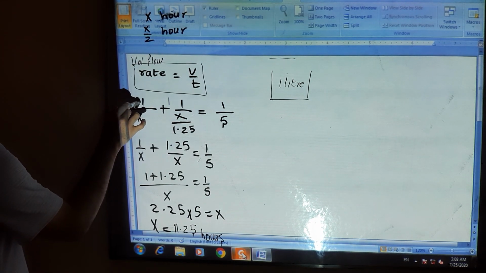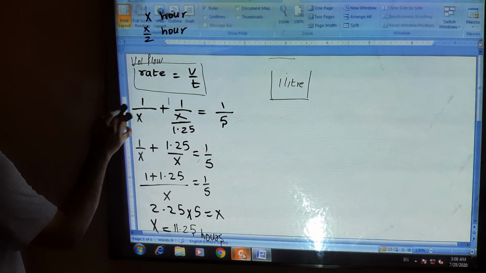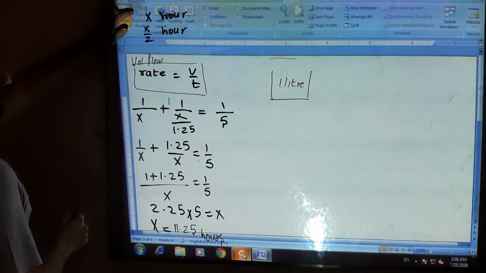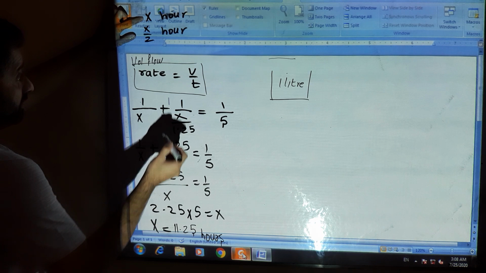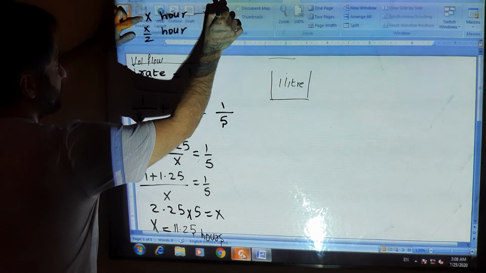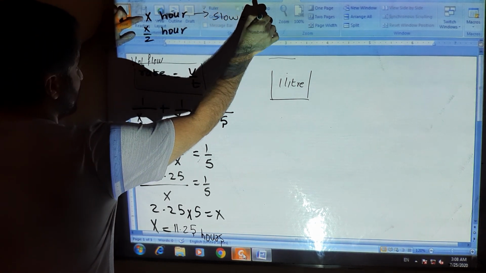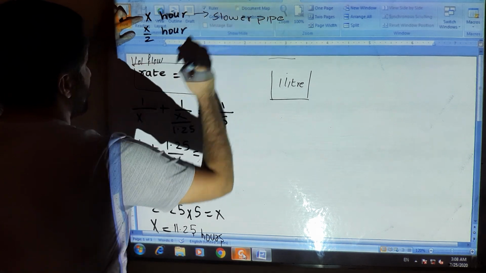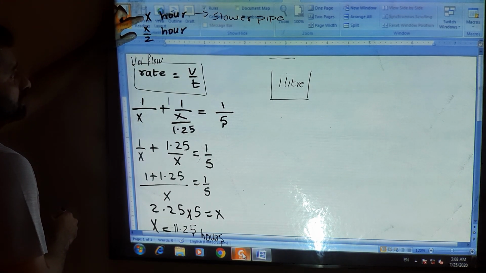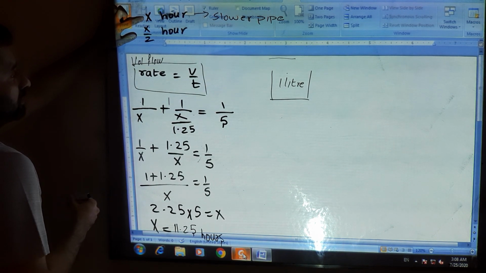So here you will see volume is 1. Now if the slower pipe is taking X hours, let's suppose,